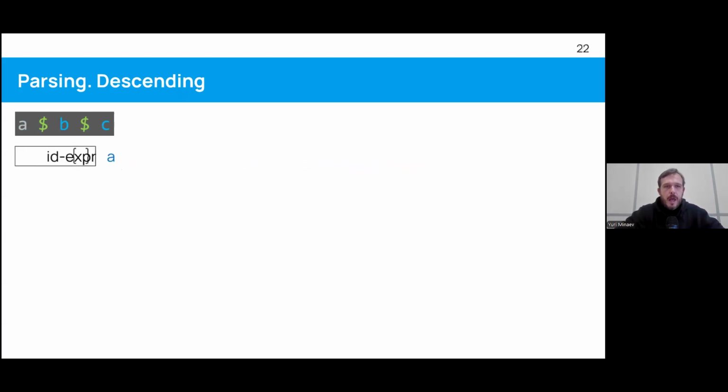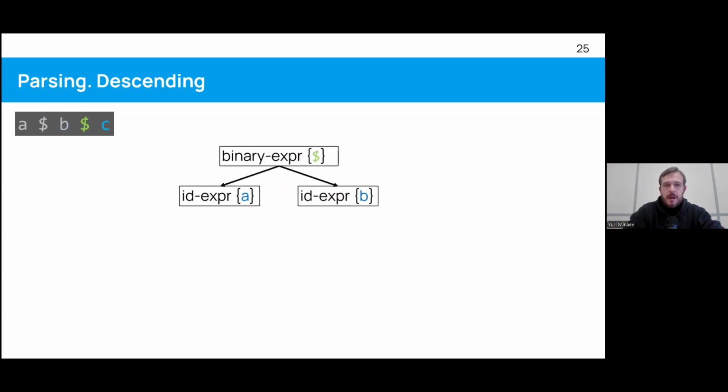We stash it somewhere and go up to the binary expression from which we came to that ID, the left operand. Then in binary, we look at the operator, say, hey, that's our operator, let's go parse further. And then we bump into B. That's again an ID expression. And we wrap both A and B in a single binary node as operands.